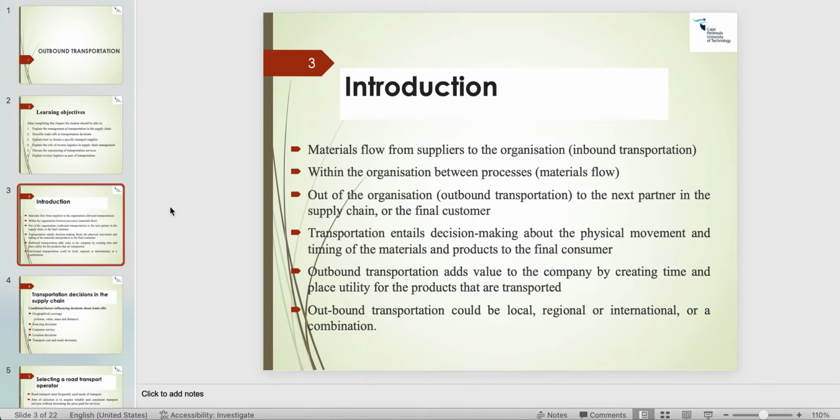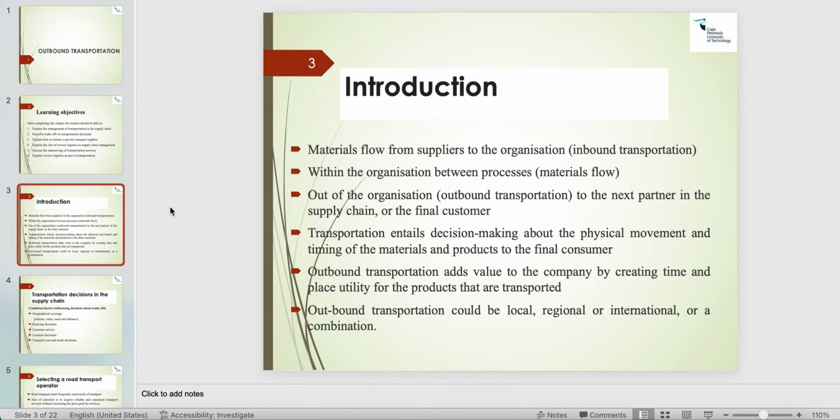As we have already learned in inbound transportation, transportation is often one of the largest cost elements in the supply chain activities, and it needs to be taken into account when customer service levels are determined. Also, there are trade-off decisions that need to be made constantly within transportation. Say, for example, you are using air transport to transport goods. That cuts down on lead time and therefore improves customer service, but it is more expensive than using road transport or any other slower form of transport. So that is something that we need to keep in mind.